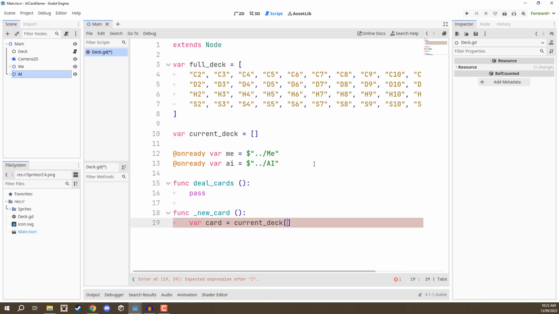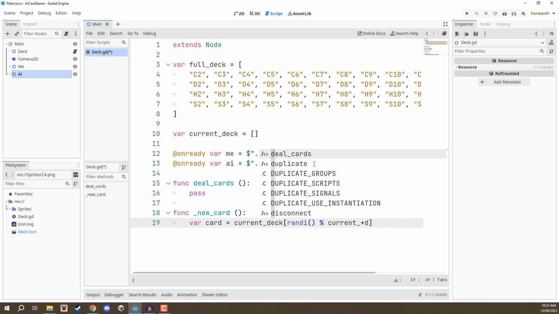So how do we get that? Well, to do this, we can call the randi function. This is going to get us a random integer number from, I think, 0 to whatever the integer max limit is, so in the billions. Okay? But we want to get that not in the billions, but we want to get that between our range. So to do this, we can then use the modulo symbol, which is a percent, and then go current deck